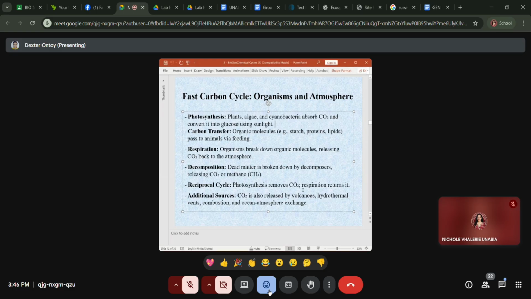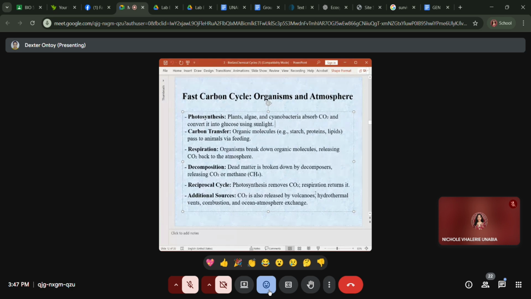It is photosynthesis which actually removes CO2, then respiration returns the carbon. And then additional sources: CO2 is also released by volcanoes and hydrothermal vents, that's basically deep in the sea, which have some cracks releasing some compounds, no? And then combustion as well, and ocean-atmosphere exchange, meaning that out in the deep oceans, the surface there, sometimes